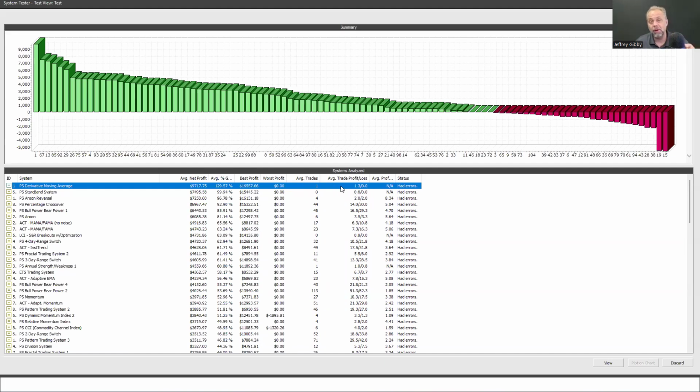I like to make sure there are losses in my system tester because I want to understand not only what the losses look like, but how big they are. Because in the words of Robert Deal, he'd always say, you can win 9 trades out of 10 and still go bankrupt. How bad is that 10th trade going to be for me? And so the answer for that is, if I wanted to see what our losses look like, I'd just test more data.